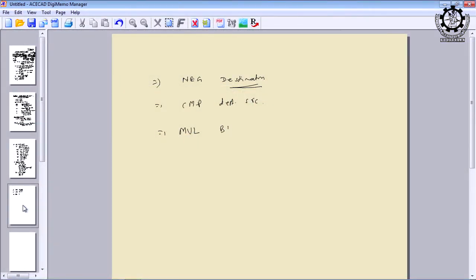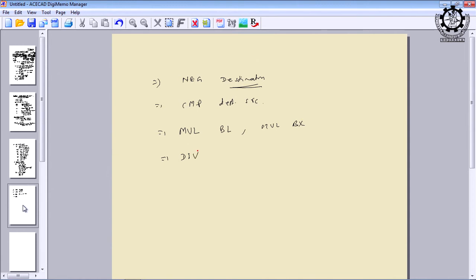And this is also a new instruction, multiply BL. What is the meaning of this? I am not writing AL here, so by default you will understand AL is there. So, AL will be multiplied with the BL content, and the result will be stored in AL. Is it okay? And I can also very well write multiply BX, which means BX content will be multiplied with AX, and the result will be stored in AX, which was not there in 8085.